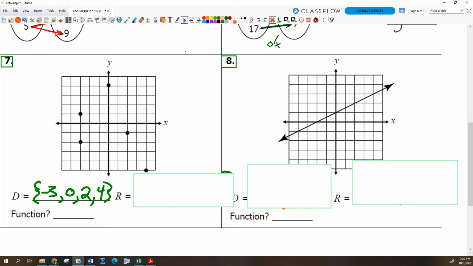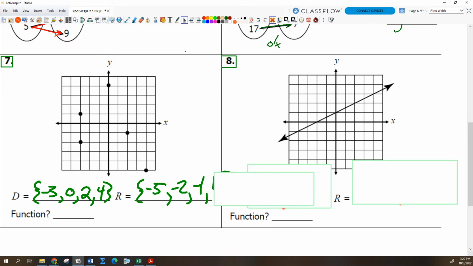So then how am I going to find the range on this one? Matthew, how am I going to find the range? What is the range? Say it again. The y's. So what are those? What are the y coordinates? Remember, there's one clear down there too. It's 5 actually. So -5. Okay. 1 and 4. Good. Okay. Perfect. In order. And all we're doing is just going from bottom to top, looking at all the y coordinates,